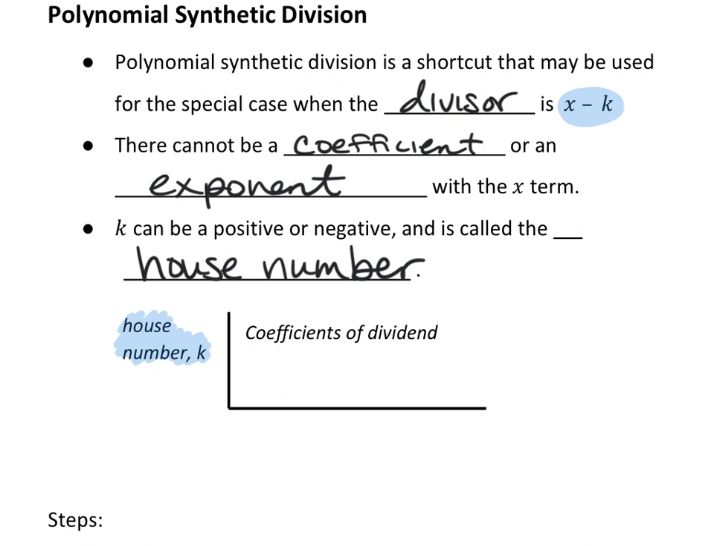To set up the rest of this, instead of putting the entire dividend, which is like the longer polynomial in there, you're only going to put the coefficients of the dividend. Coefficients means the number, meaning you ignore the letter and the variable. You ignore the letter and the exponent. You just put the number that's in front of it. But the same rules apply when you were writing down a dividend. If you are missing any terms in the dividend, make sure you put a 0,